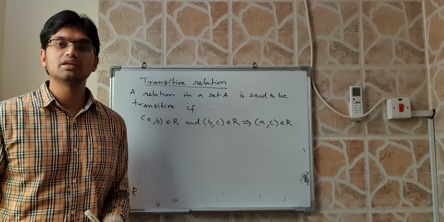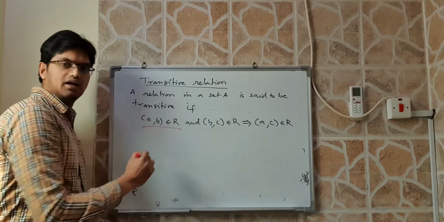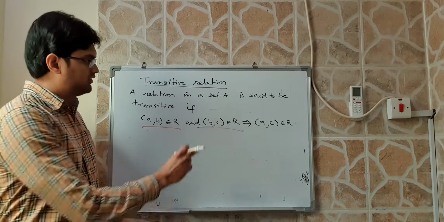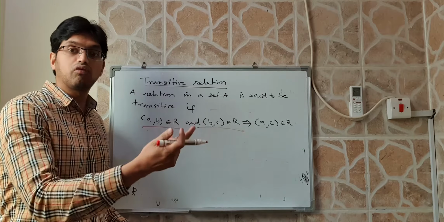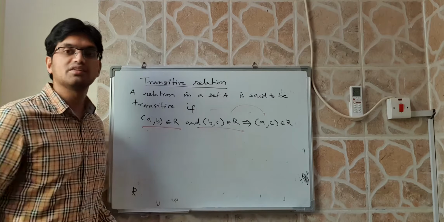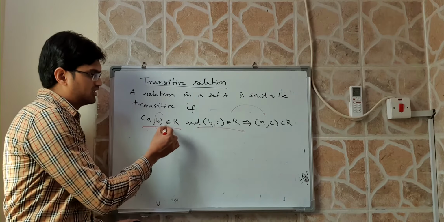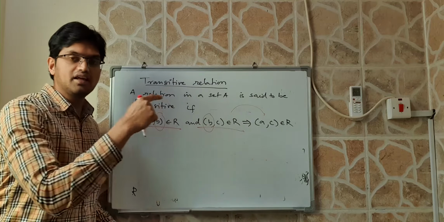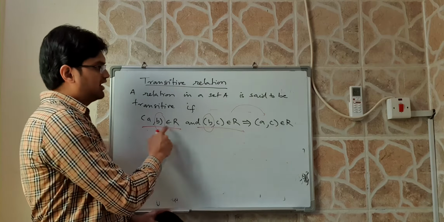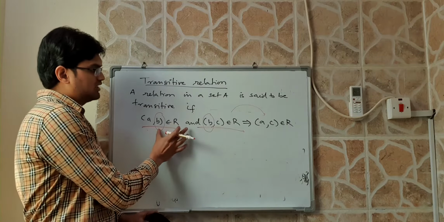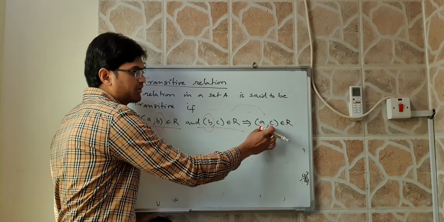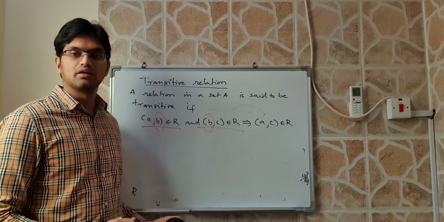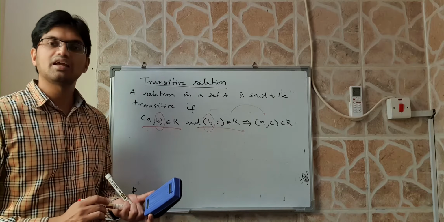So what is the condition? That is, if A comma B is there in R and B comma C is also there in R, if these two ordered pairs are there, then I have to look for our result, which is A comma C. I am checking the second element of the first ordered pair. Again I am checking, is there any ordered pair which is starting with that second element. Then I will see whether the first and the last element are present in our relation or not. To understand this, it is very important. Sometimes, let me just first take an example, then I will explain.